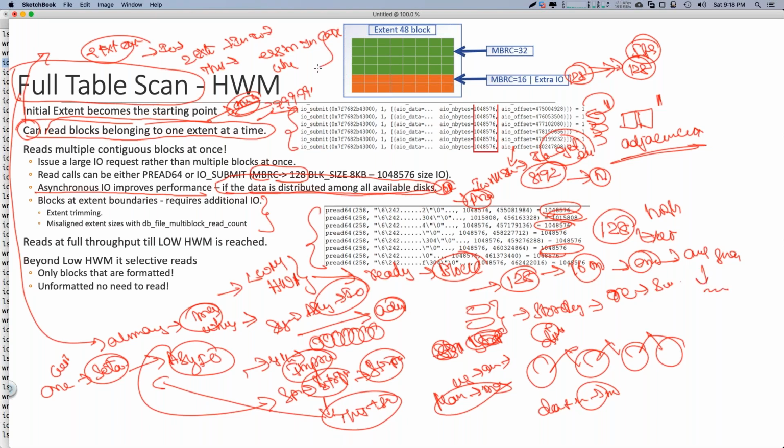There are other scenarios as well wherein Oracle ends up making small IOs while performing a full table scan. We know that Oracle reads one extent at a time. Suppose my extent size is 48 blocks, but the multi-block read count is 32. In this case, Oracle ends up reading 32 blocks in one IO operation and then the remaining 16 in another IO operation. This scenario is very unlikely to happen because you either have uniform extent allocation or